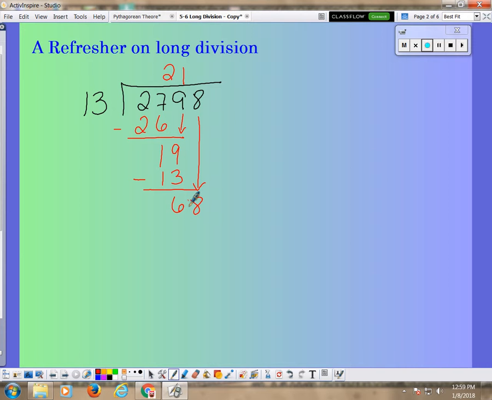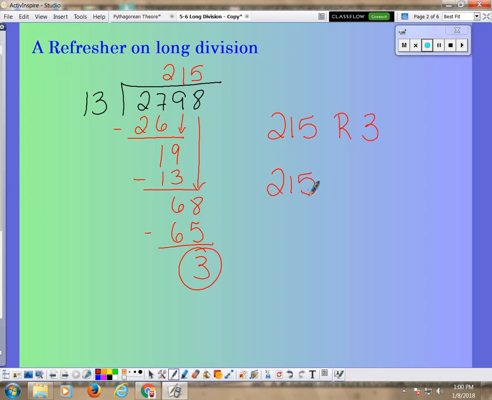So let's try a 5. So 5 times 13 is 65. Subtract. I have a remainder of 3. This is the remainder. And so back in elementary school, we either wrote 215 remainder 3,